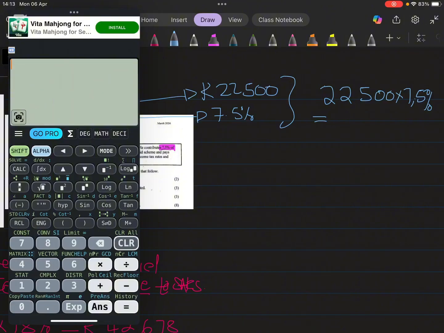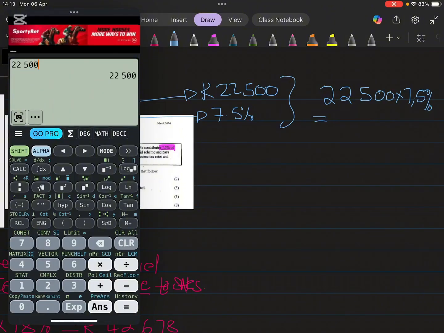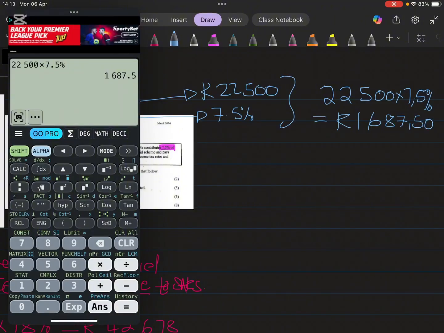Then we're going to press our calculator: 22,500 multiplied by 7.5%. That is 1,687.50. It means Mr. Mitchell pays 1,687.50 cents every month towards his pension fund. So now let's see the amount of money which is going to be taxable per month. So the amount of money that is taxable, that will be